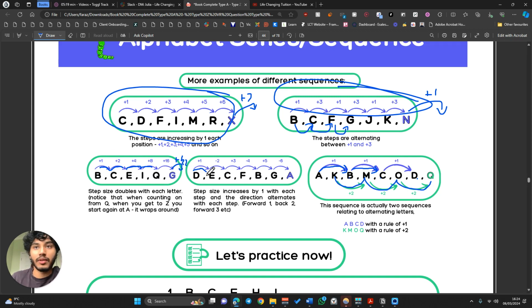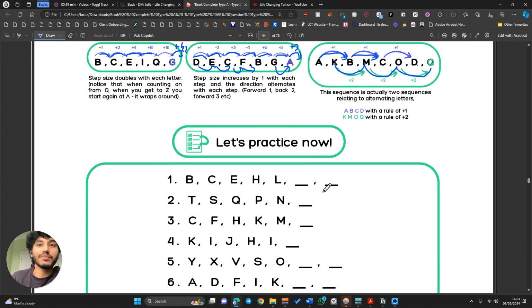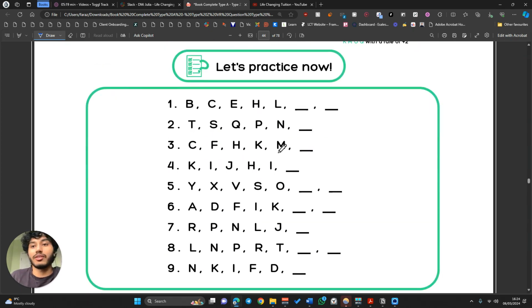And the same thing here. This is going to be +1, and then this is -2, +3, -4, +5, -6. You can assume this is going to be +7. And that is the reason why you have to label them out exactly like they've done here with these arrows before you can come to a conclusion as to what needs to be done to find the last letter. So quite a long introduction, but there's only 9 questions here,